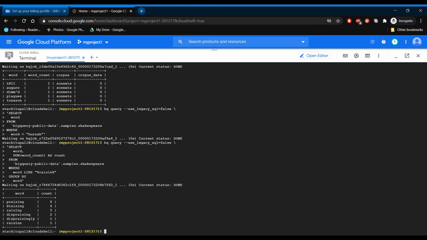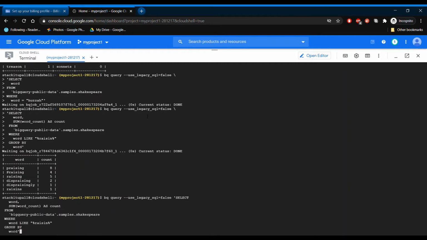So see, we don't have any specific word called resin, but we do have it as a substring in all these fields. So let's try running some other queries as well. Okay, we'll try taking the counts.